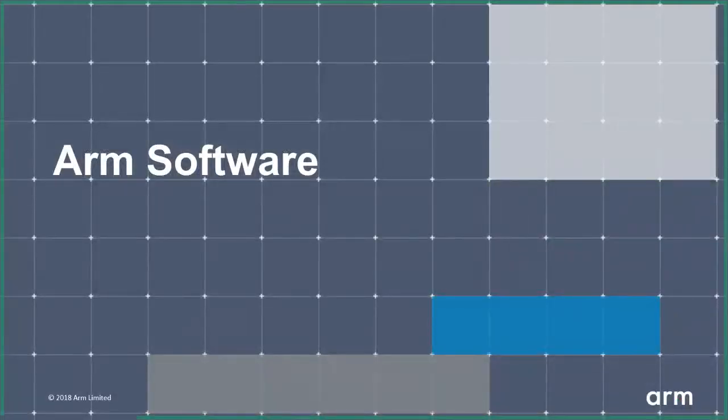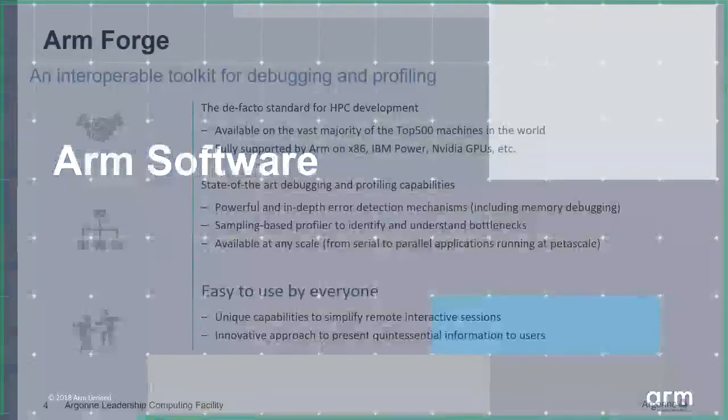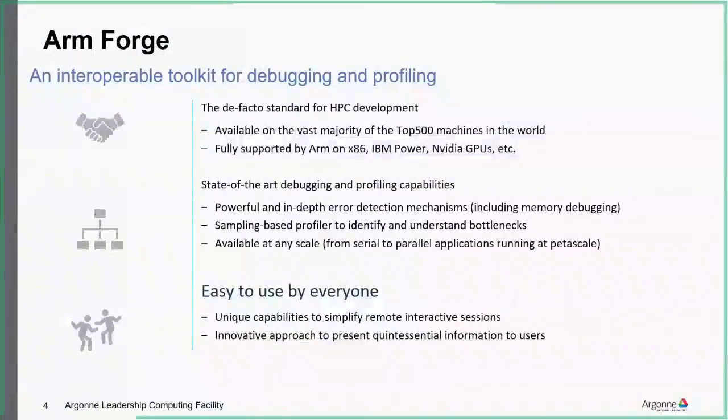So at Arm, we have this software called Arm Forge. It consists of both the debugger, DDT, and also the profiler, Map. One thing that's nice about Forge is that it supports all of the major HPC architectures. So the training that you're going to get today while debugging on the Theta machine is also still useful if you've managed to move on to a different type of resource, either hosted by Argonne or at a different site. So that's useful for you to debug no matter what machine you might be running